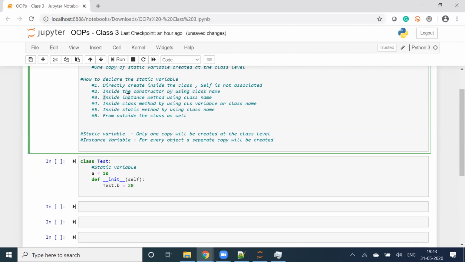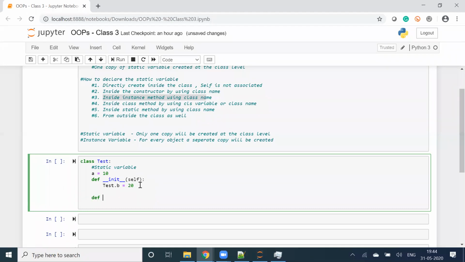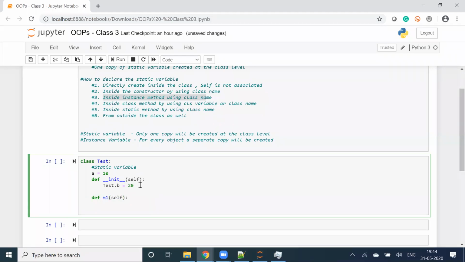Now, the third option is instance method using class name. Now, how will I decide whether it is an instance method? By having a method named def, let's say m1, and I will pass self. That means it is an instance method because we are passing self inside the bracket. We will have a separate discussion about different methods, so don't worry about that as of now.